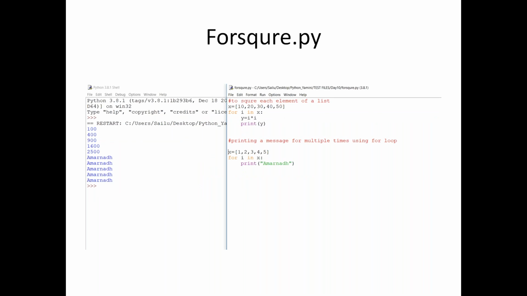Similarly, for example, by using a for loop I want to display the square of the inputs. You can see I have x equal to 10 to 50. For i in x, y equal to i multiplied by i, print y. The system is going to take each element from x. The first time it takes 10 from x and squares it. So 10 into 10 is 100. It will be stored in y, and it displays y. So it's going to be 100. 20 into 20 is going to be displayed as y, so it's 400, and so on. That is why you got 100 to 2500 on the left-hand side in blue color.